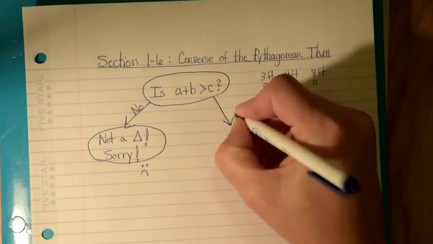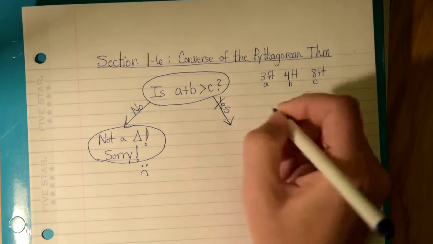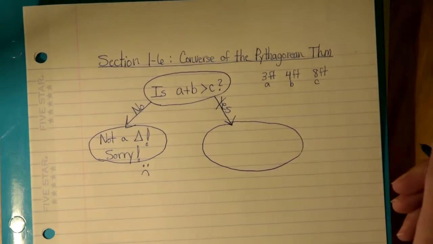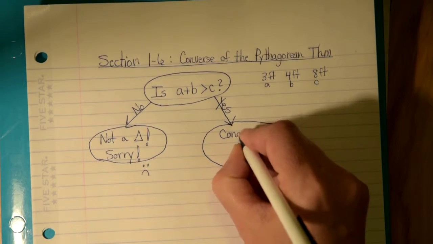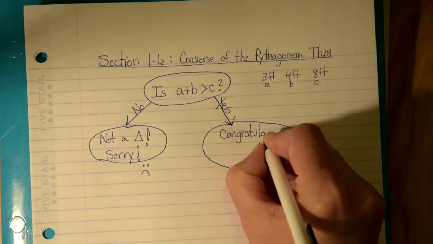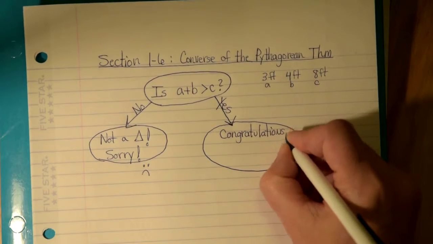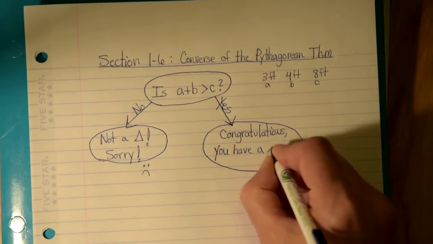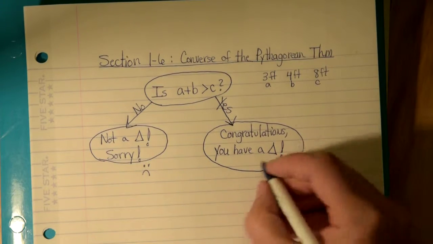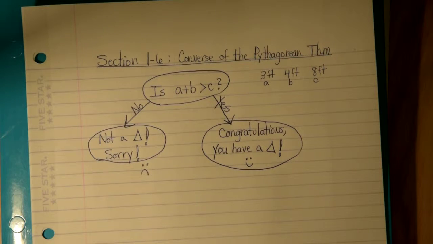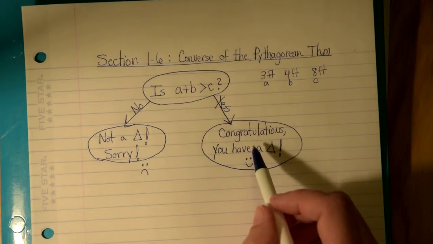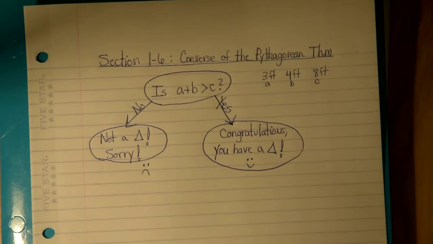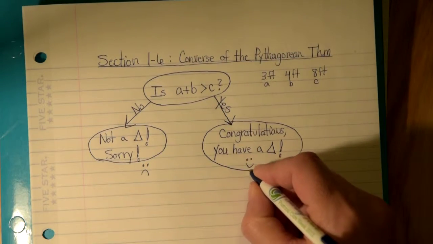But if the answer is yes, then first of all, let's say congratulations. You have a triangle. Happy face. So you know you have a triangle now. At this point you have to go on farther to do another test to determine what kind of triangle it is. So I'm going to go straight down here